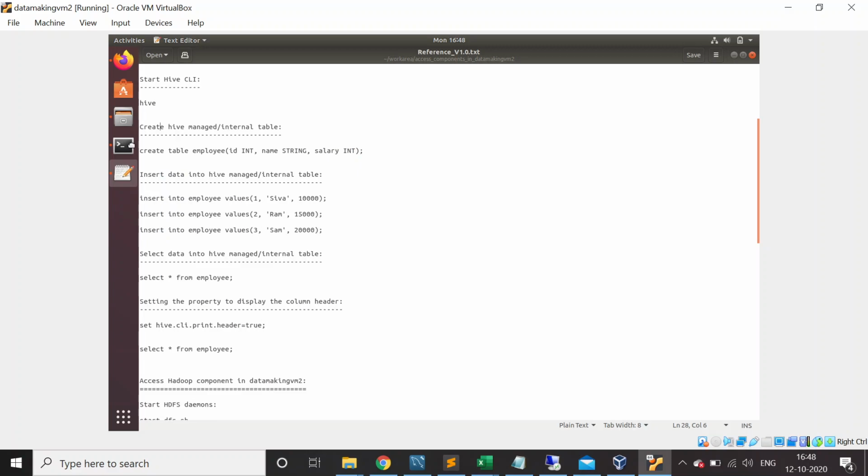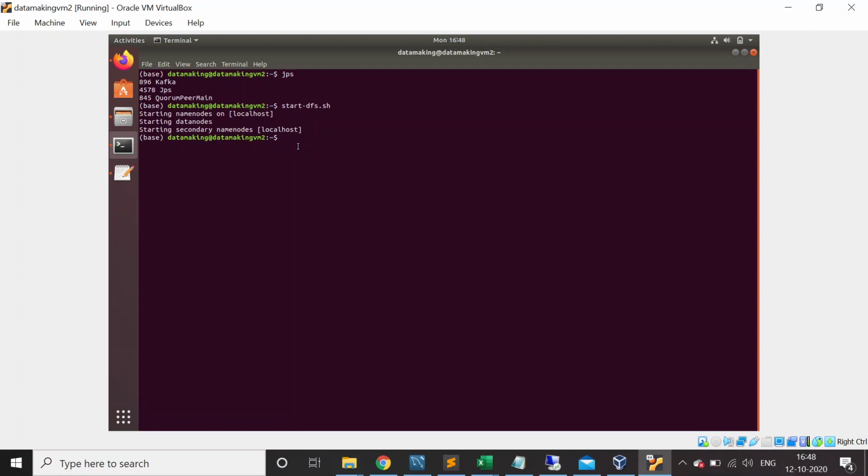My VM is a little slow because I allocated 3 GB, as my overall system RAM is 8 GB only. So let me start the YARN services as well, so that we can start the Hive CLI. Okay, let it start.